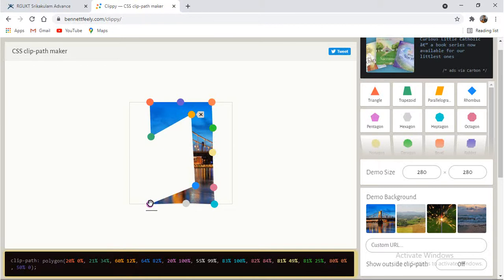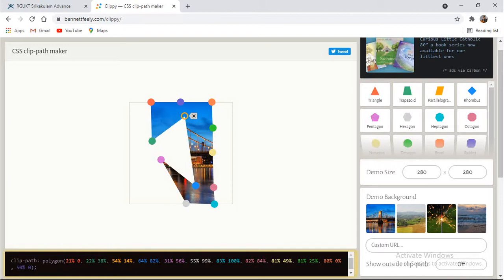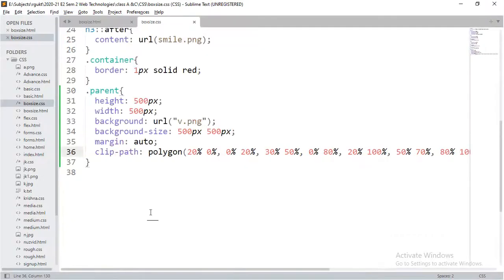I'm trying my best to get the symbol J. Yeah, of course, so assume that this is a kind of J. So I will copy this entire code and paste it into my code.